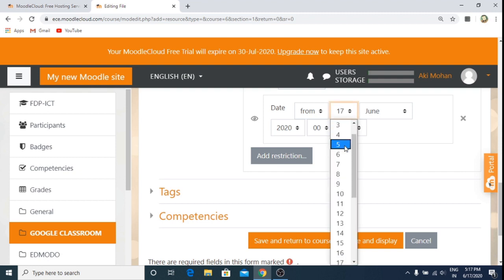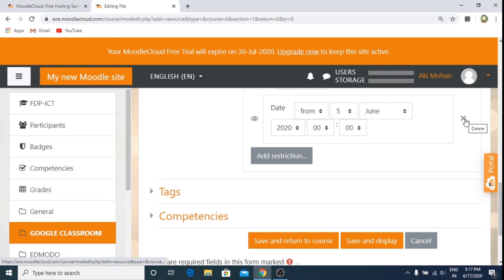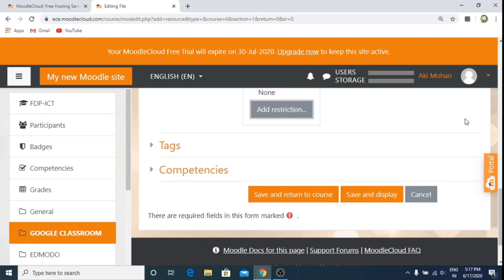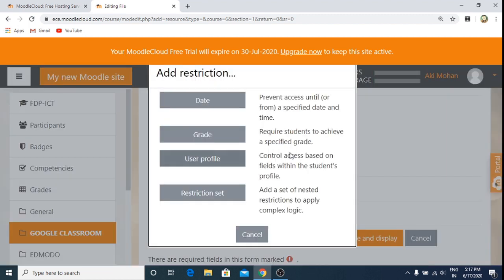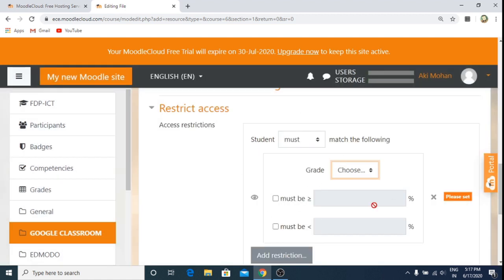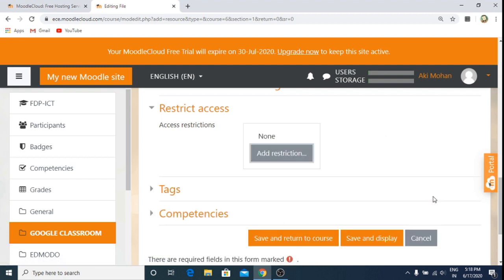If I want to remove it, I simply need to do this. Once I click on add restriction and choose the option, that means it is set as a restriction. To remove it, I need to click on this delete. So now I click on save and display.